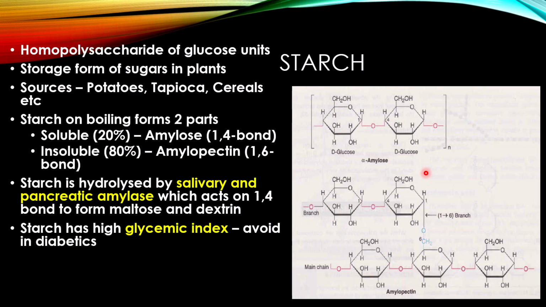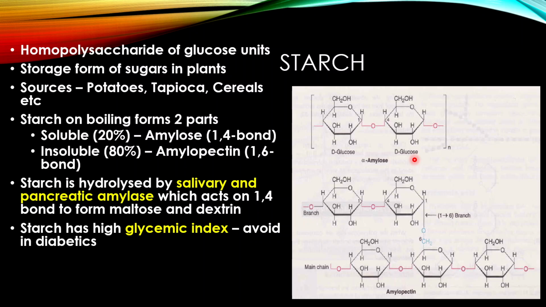Starch again has a high glycemic index, so it is best to avoid starch for diabetic patients. Okay, so why does starch have a high glycemic index? Starch has a high glycemic index because it is made up of glucose units only. Okay, so it has high glucose units, so the glycemic index, or the ability of the food to increase the